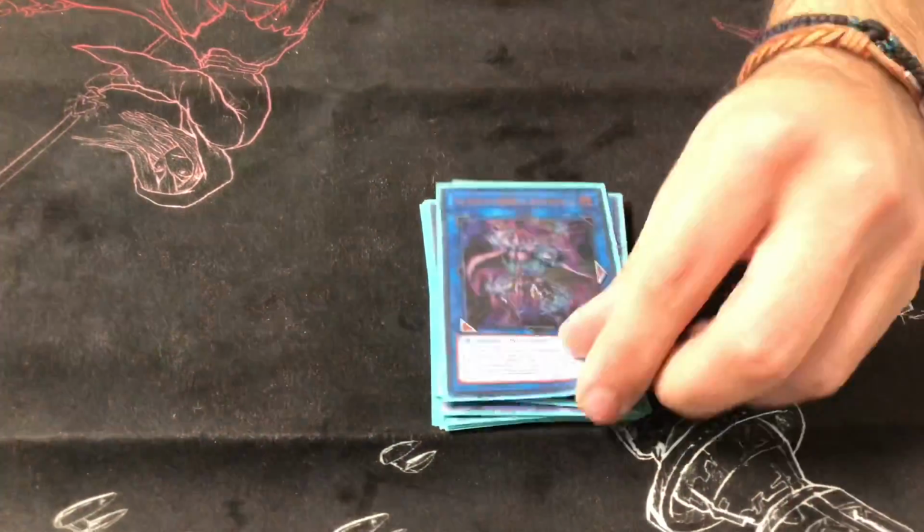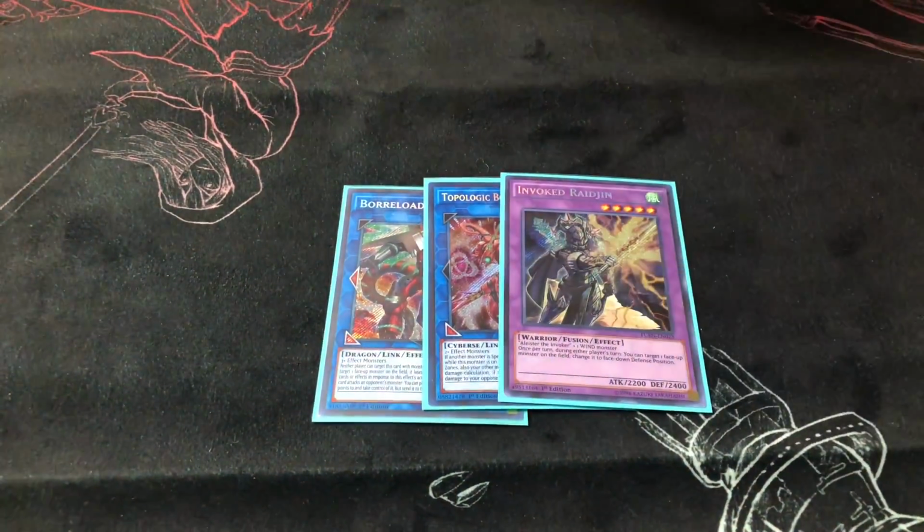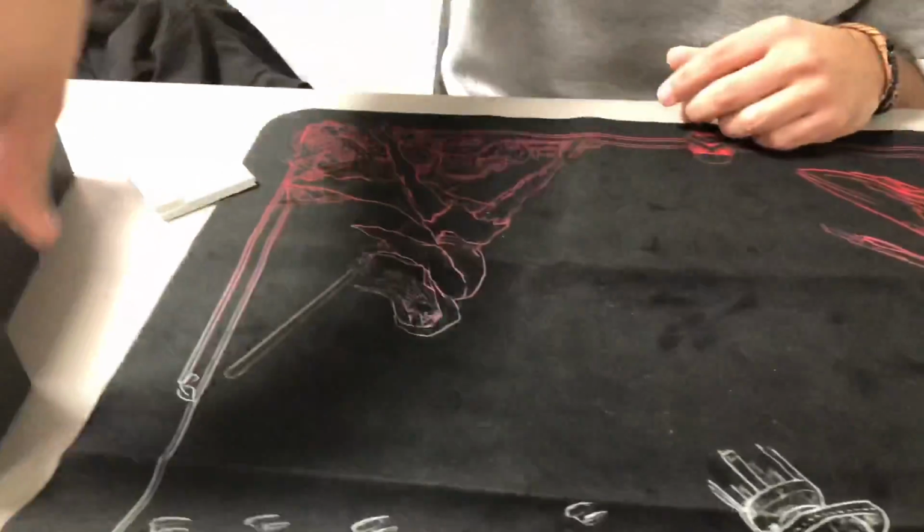Summon Sork, and then the Phantom Knight guy. Rusty. Link 4s, Borload, Topologic, and then you have your Instant Fusion target, your Time Thief, and then the Azathoth for the combo. Okay. And then for the side deck, we got